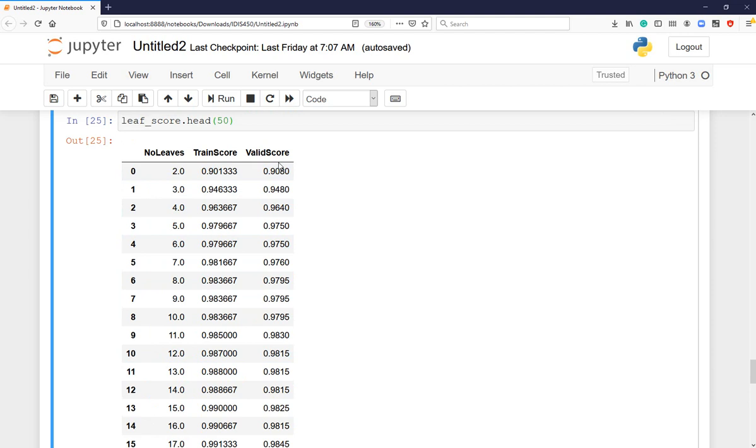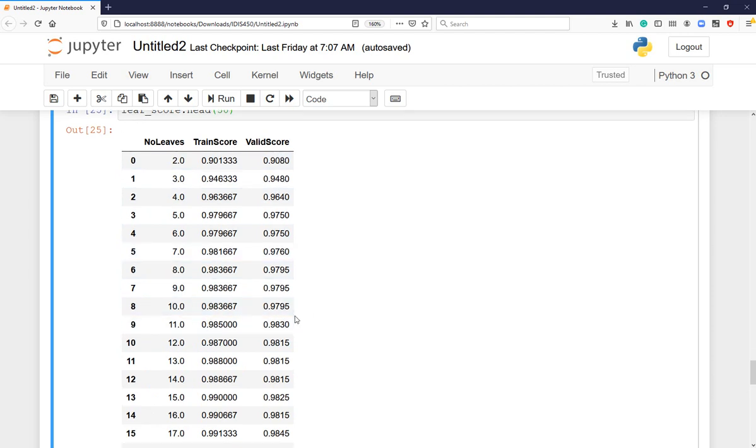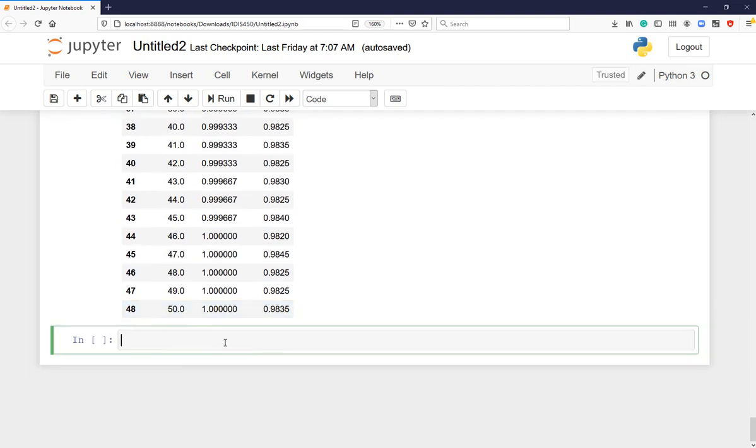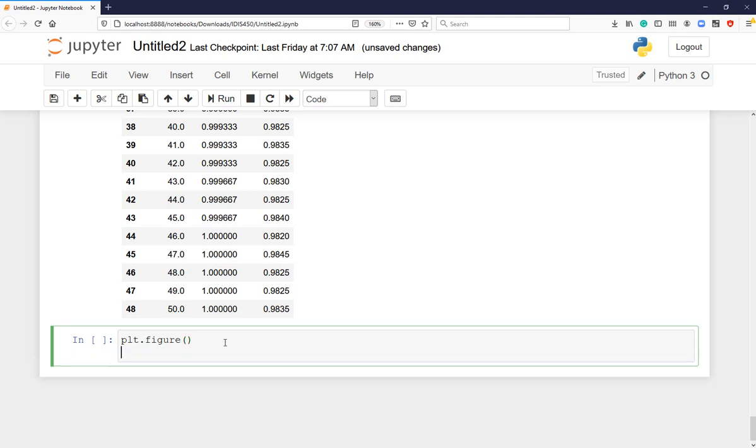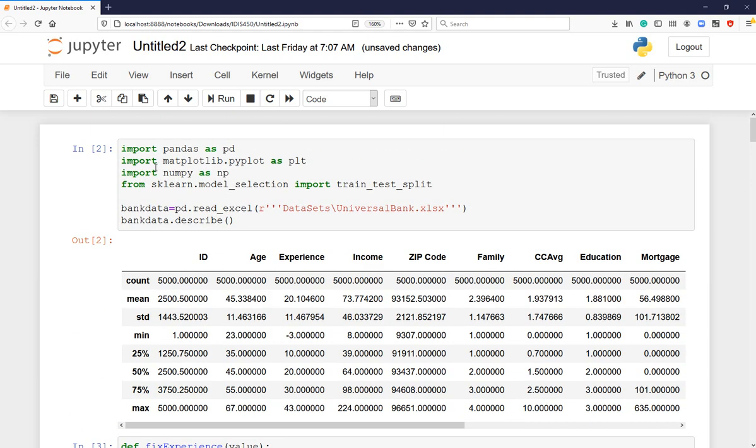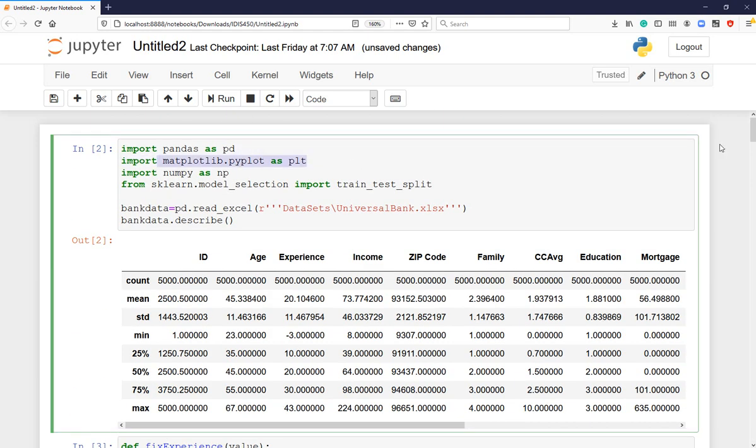And then max of these, and kind of find out where the maximums are. But that's something we have done in the past. So I'm gonna try to show you a new thing, that is building or creating a figure, right? And that is basically, I'm gonna do it with the matplotlib. Right, if you remember earlier, I included that line to the code right here as PLT, and I'm now